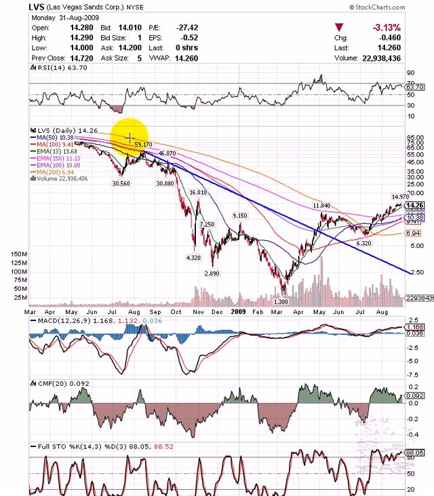However, it has a longer term downtrend that we can show just for a second with this line, from when it was up in the hundreds, and you can see that it hasn't busted that yet, but we'll leave that for now. What we want to look at here is if you take the yearly high on Las Vegas Sands, which was at